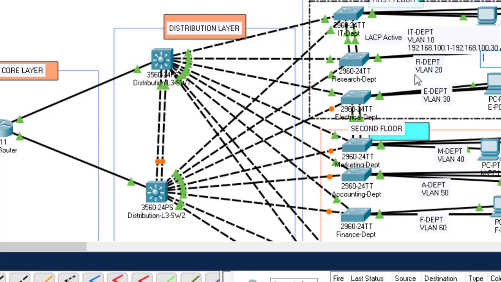The same you do for VLAN 20, VLAN 30, VLAN 40, and so on and so forth. So guys, I will do it for only 3 departments. Let me choose the IT department, then the marketing department, and finally